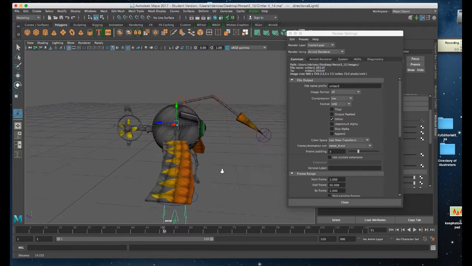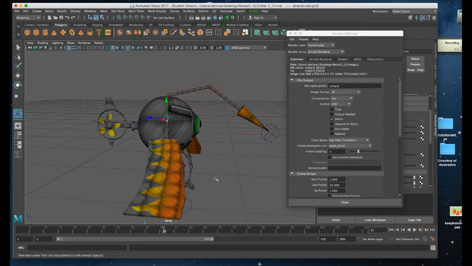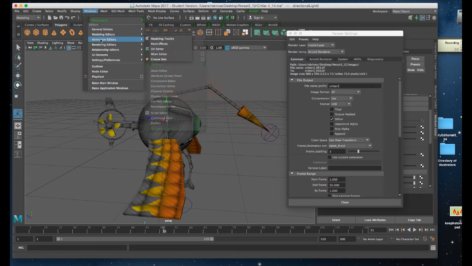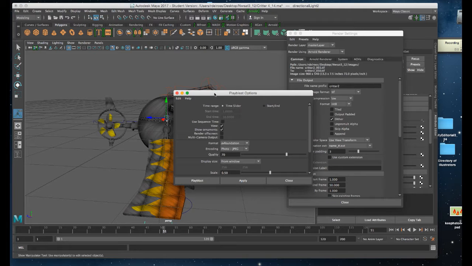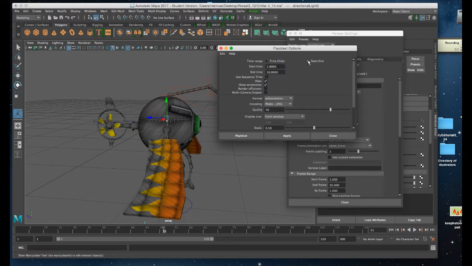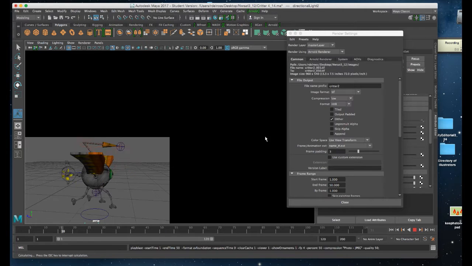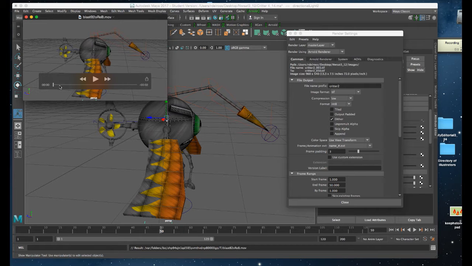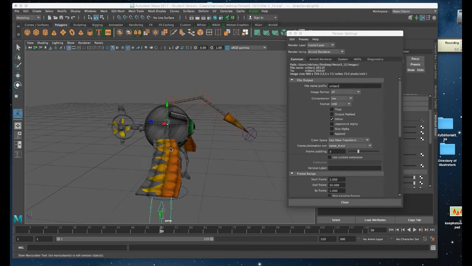Now what I'm going to do before I actually do my final render, I'm going to go to Window, I'm going to go to Play Blast, and I'm going to choose the attributes. In here I'm going to choose start and end frame 1 through 50. I'm going to set the quality for 50, and I'll leave everything else by default. When I click apply, it will quickly render that series of frames so that I can preview whether I'm cutting off content. I can see I'm losing the top of this, which means I need to zoom back on my